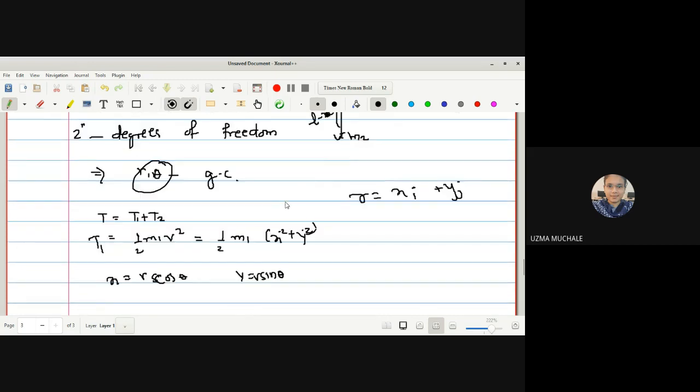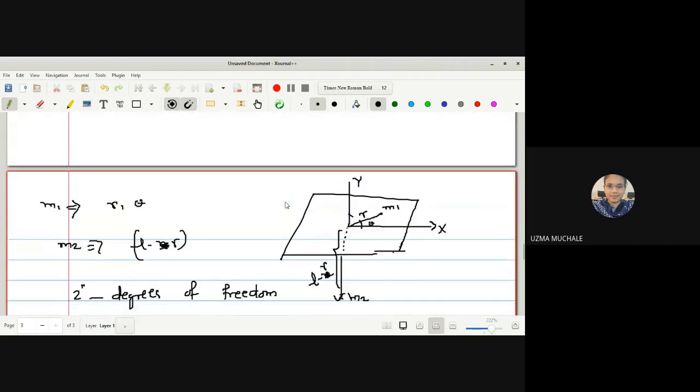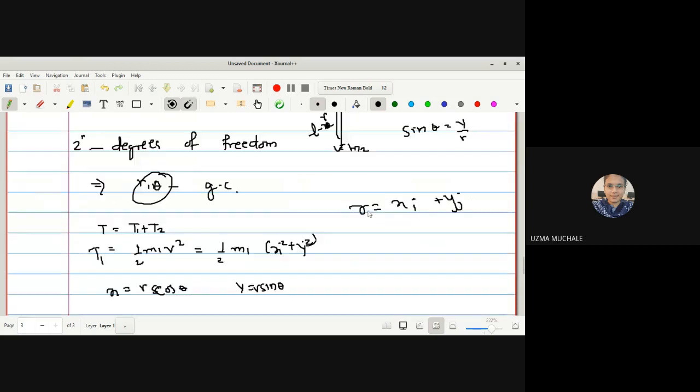You can see this from the figure, right? You can find the x coordinate by completing this right angle triangle. Sin theta is equal to the opposite side, which is y, divided by r. Cos theta will be the adjacent side, which is x, upon r, the hypotenuse. Correct? Everyone getting how to find x and y in terms of r and theta? Yes, ma'am.